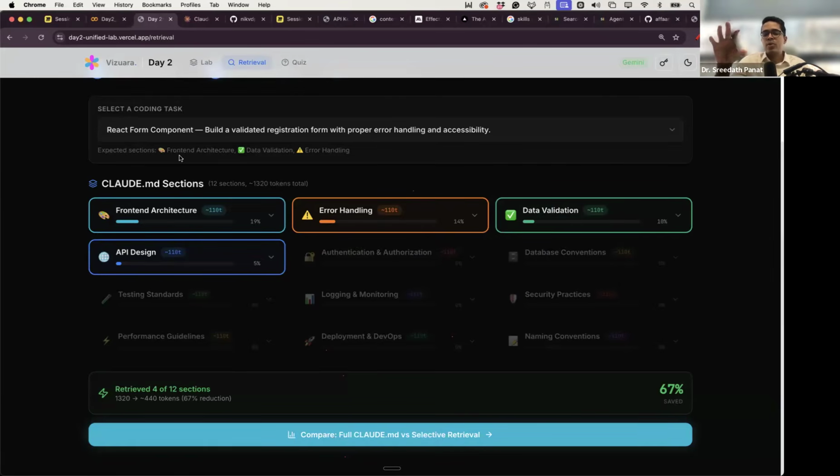If it is RAG, I have to chop the CLAUDE.md or agents.md into chunks. Chunks need to be stored in a vector database. Then the user query also needs to be converted into a vector. Then those vectors are compared using cosine similarity or some Euclidean distance or just dot product. And then when you compare the vectors, you may have top 3 or top 5, then you may re-rank it,